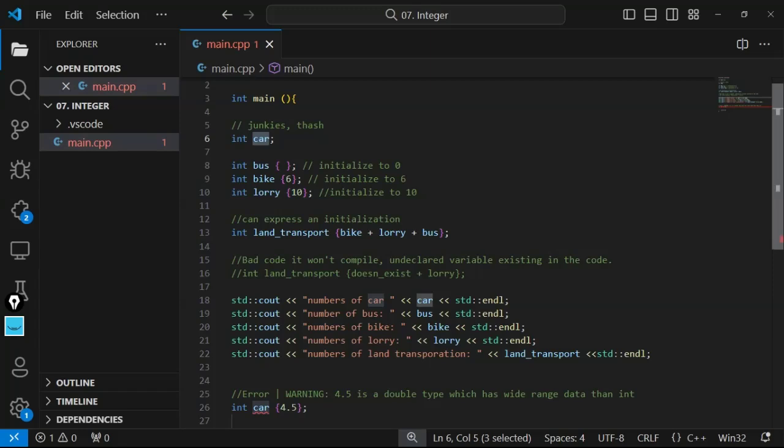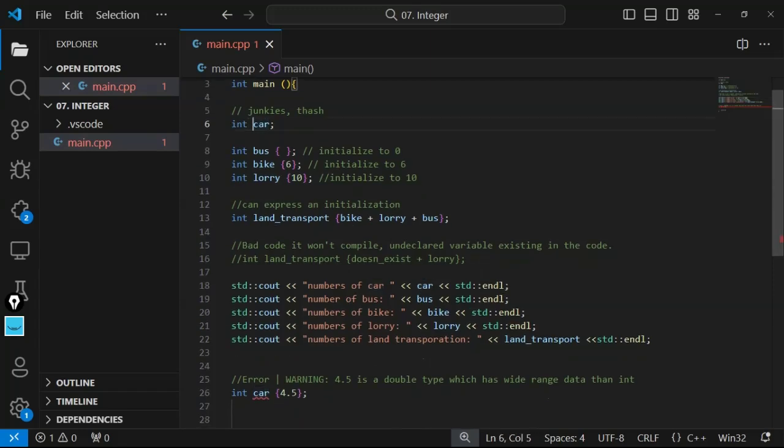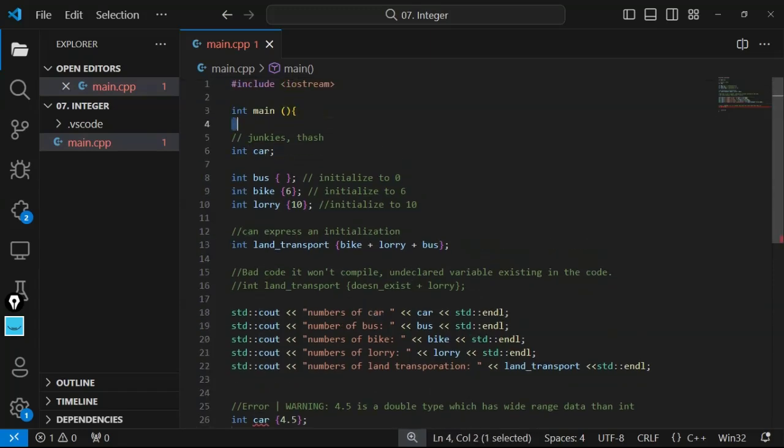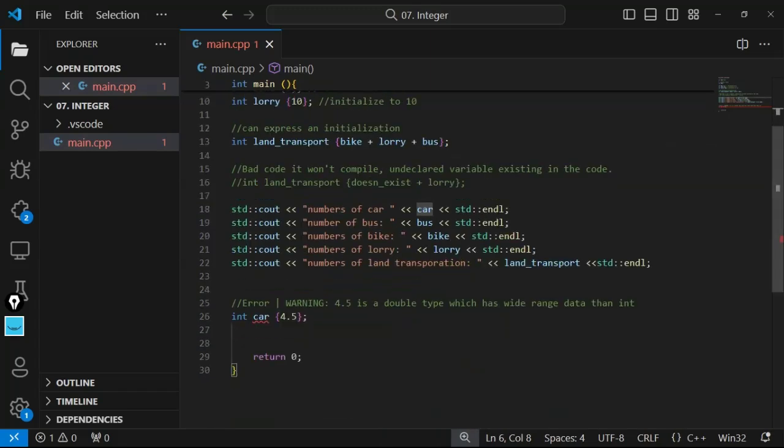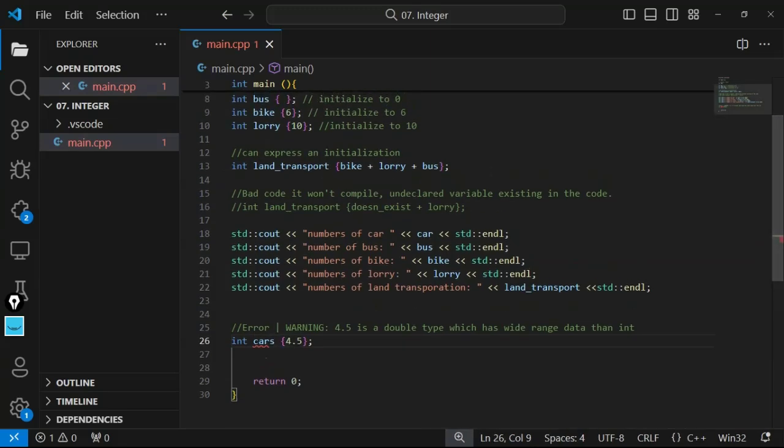You cannot reuse your variable. You can't reuse this variable. Once you have actually declared car, you cannot declare another car again. It's not possible to declare another car. That is why it's giving us an error. So let me just add s to it, or we can change to something else. There are a lot of land transports, so we can actually use